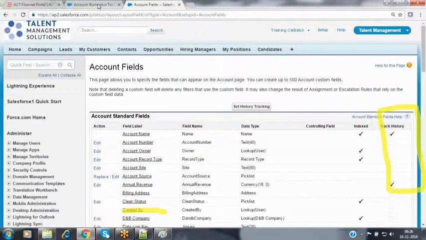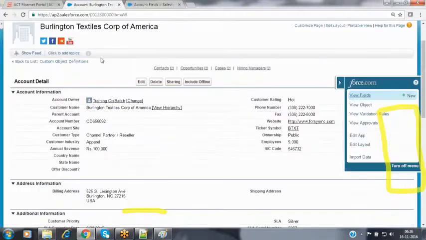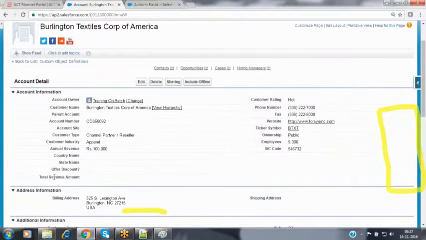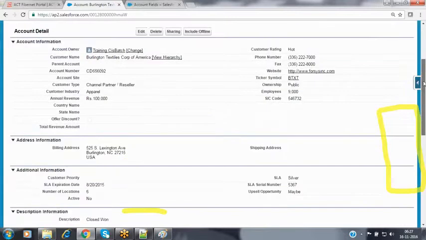So now let's go to the account record. Refresh this one. You will get a field called total revenue amount.